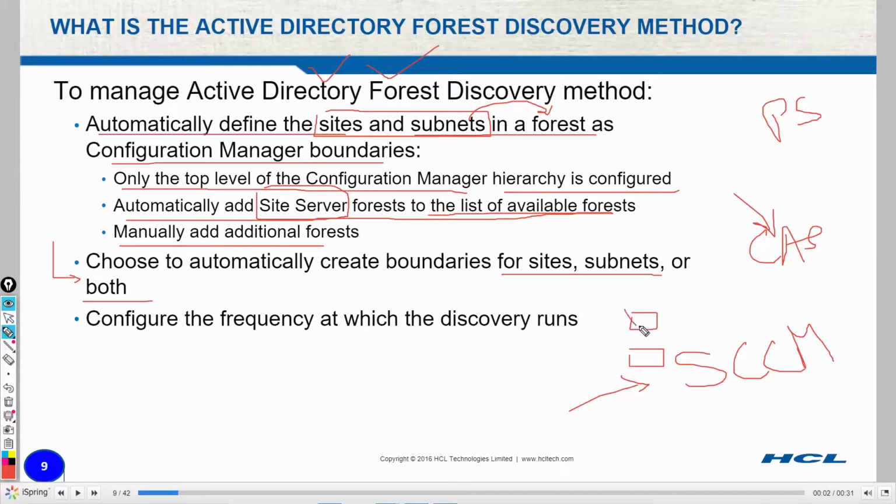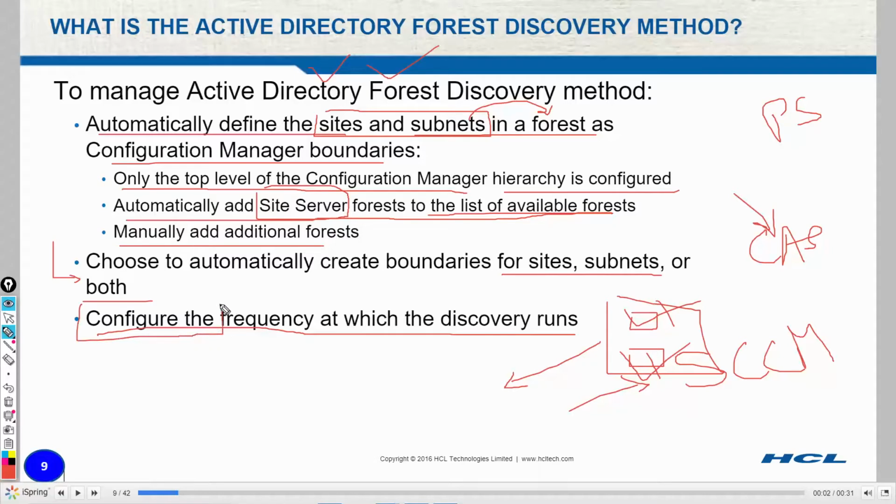If you want to add the IP subnets to your SCCM server from Active Directory, and if you want to add Active Directory sites from your Active Directory Sites and Services, we didn't check these two options. You can check these, and it will automatically add your subnets and sites from your Active Directory to your SCCM site. Then configure the frequency at which the discovery runs.